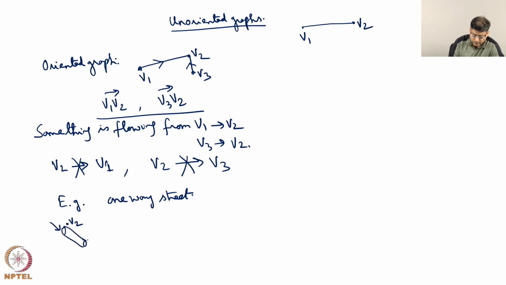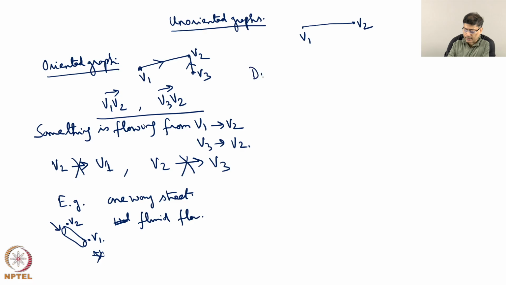So, from this vertex V2 towards vertex V1 there is one way flow, unless we push the fluid from this side. That is not there, free flow, natural flow is considered. So, water flow or fluid flow can be an example. Such graphs are known as oriented graphs, also known as